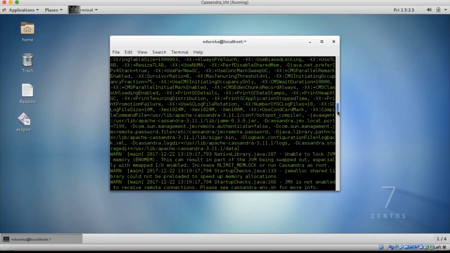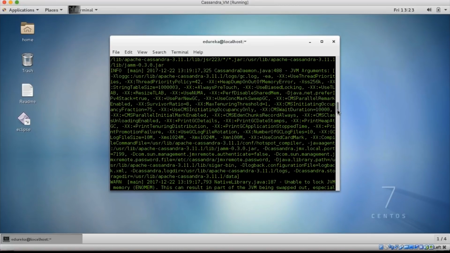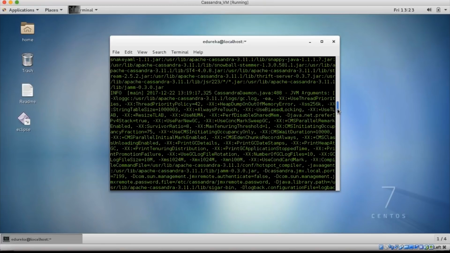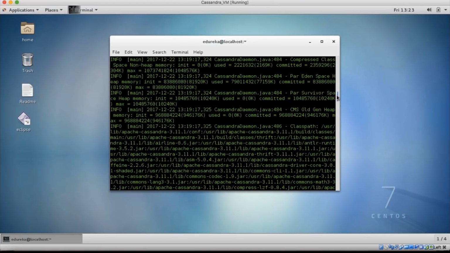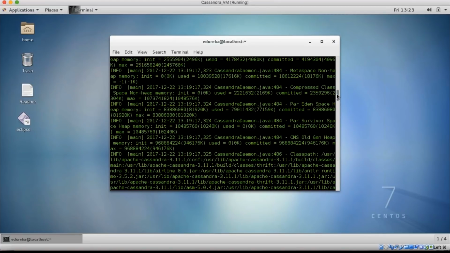And then these are the JVM arguments that Cassandra loads in. Since it does a lot of work in memory, it's very important that we allocate a big chunk of memory so that Cassandra is able to perform all the operations that are required. While I told you that Cassandra performs two-phase commits, Cassandra doesn't go and write into the data stores in one single go. It makes a write first,